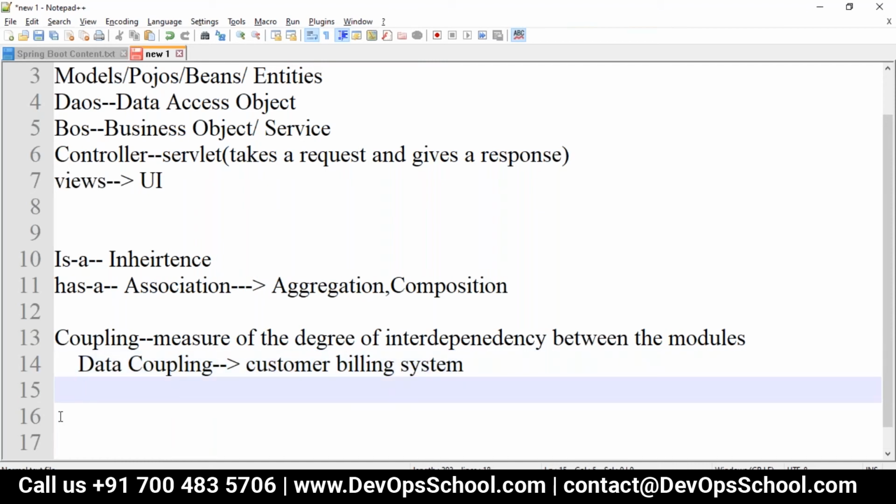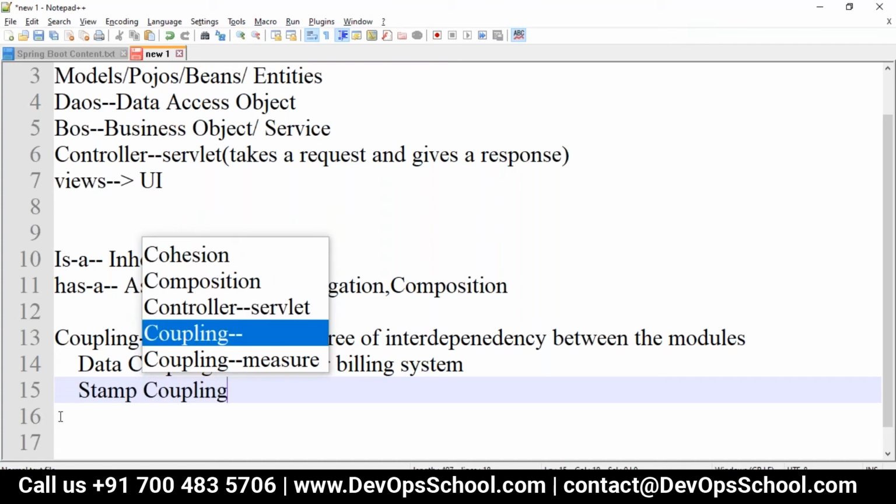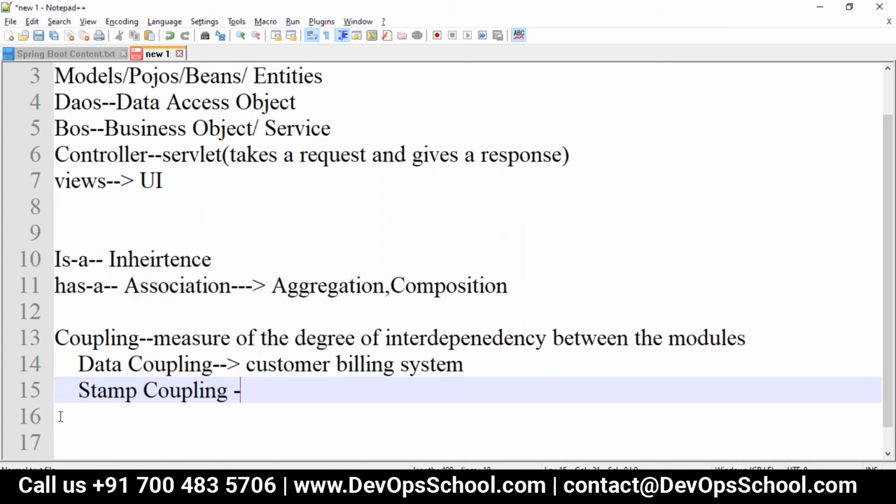Then we have stamp coupling, where the complete data structure is passed from one module to another. It has efficiency factors also, and a designer may make use of this as well. So the entire data of one module is completely dependent on the entire data of another module, which is stamp coupling.